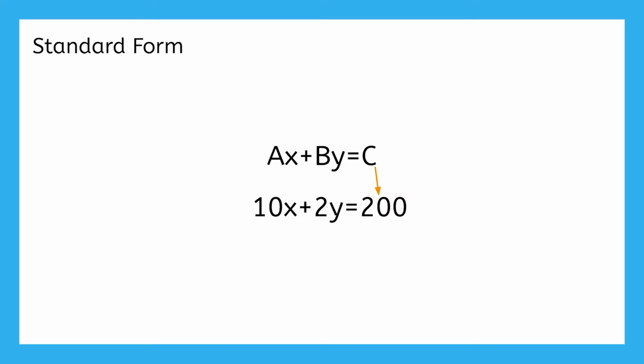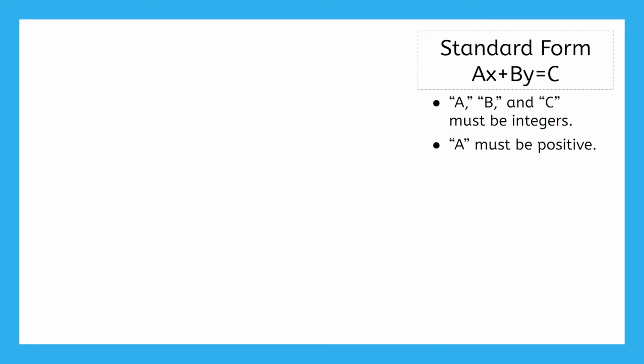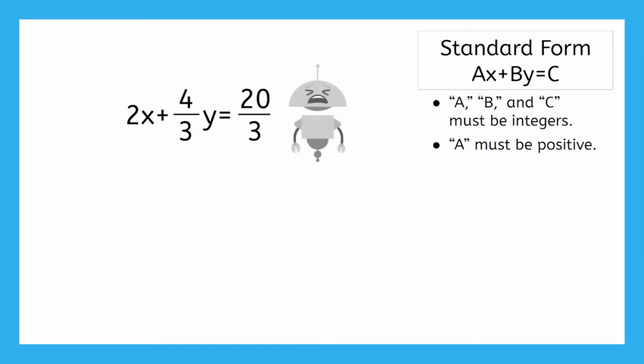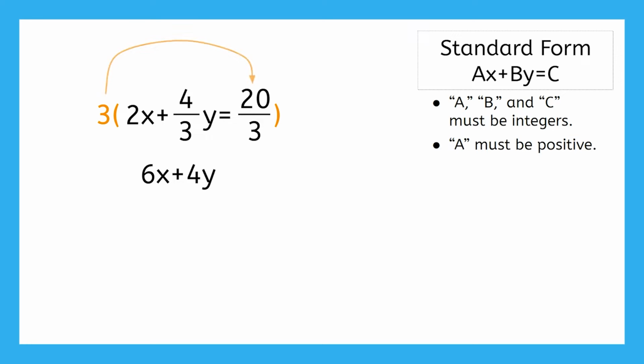There are a few requirements to keep in mind when creating an equation in standard form. The a, b, and c values all need to be integers, and a also needs to be positive, so no decimals or fractions are allowed. But don't worry, if we have something with fractions, we can multiply all the terms in the equation by the number in the denominator to get rid of the fractions. This is much better. Since a, b, and c are integers and a is positive, this is now in standard